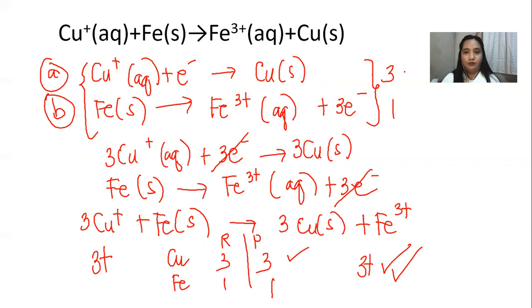So what we did was multiply by coefficients. We have 3 and we have 1. So we multiply 3 here and 1 there, thus getting these two equations. Afterwards, just add the two equations and check the elements on each side of the arrows. This is the reactant side, this is the product side, and eventually to check, you just have to count. So copper has 3,